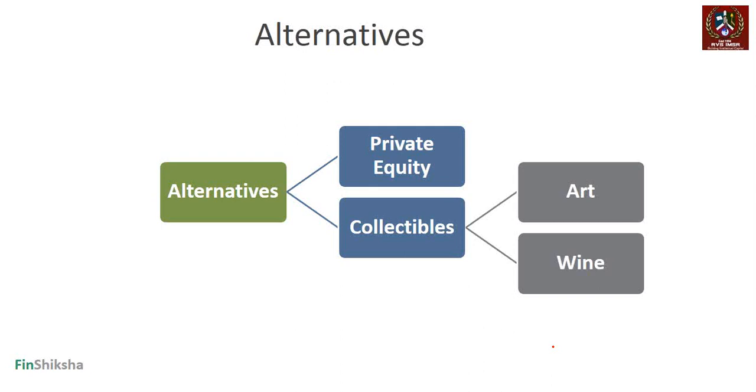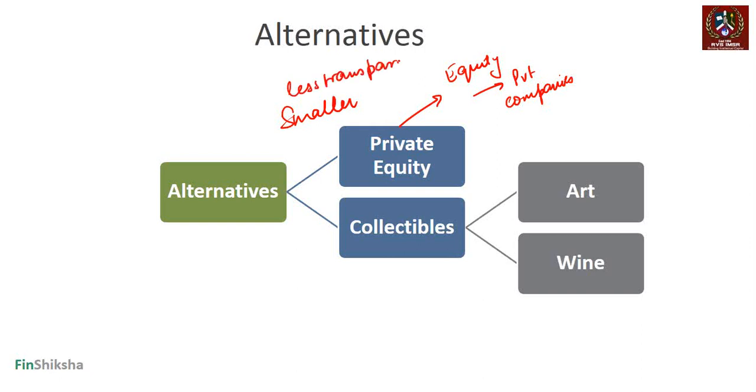Now, all other instruments also in the commodity space work similarly. We next move to other alternative investment options. The first one is private equity, which is similar to your equity market, just that it deals in private companies and usually smaller companies, because most of the larger companies become publicly listed companies. Private companies are usually smaller in size, they have less transparency, right? So there is a risk that comes up because of those data points in terms of private equity.